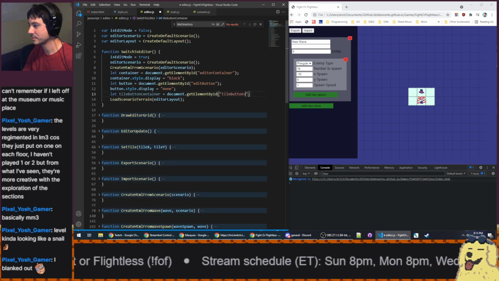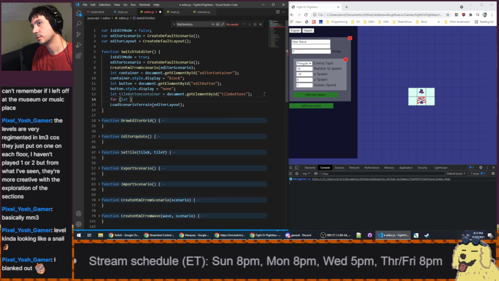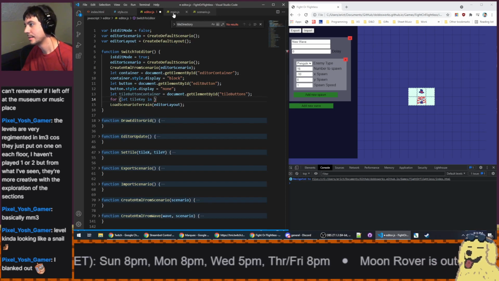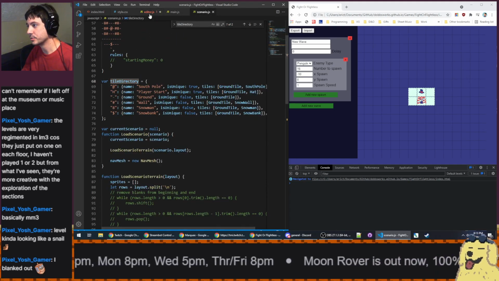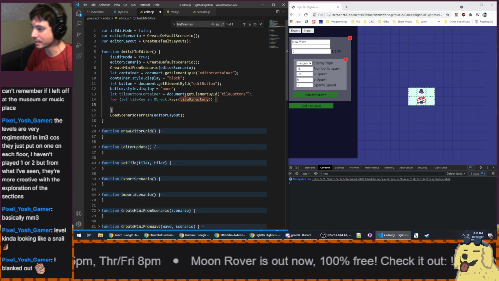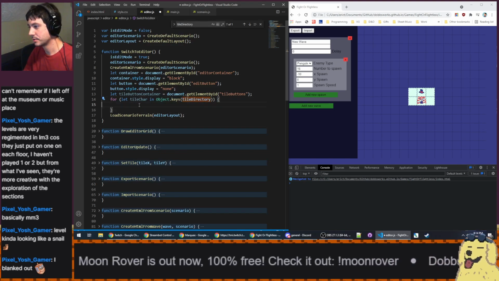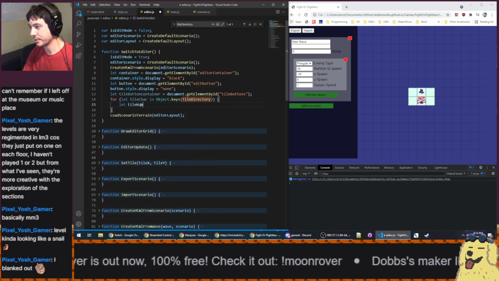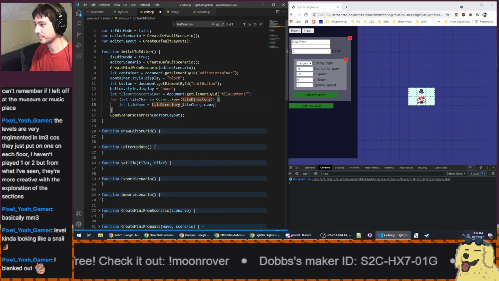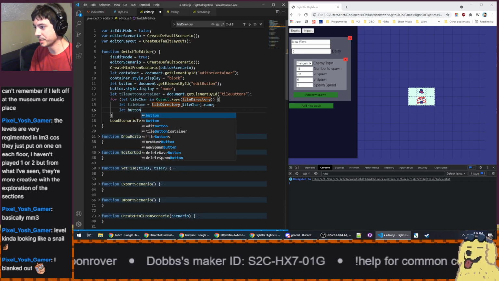Tile buttons. For let tile key in tile directory object.keys. Tile directory. So this tile key is going to be a single character. Let's call it tile char. Let tile name equal tile directory sub tile char dot name. And we're going to create a button. Let button equal